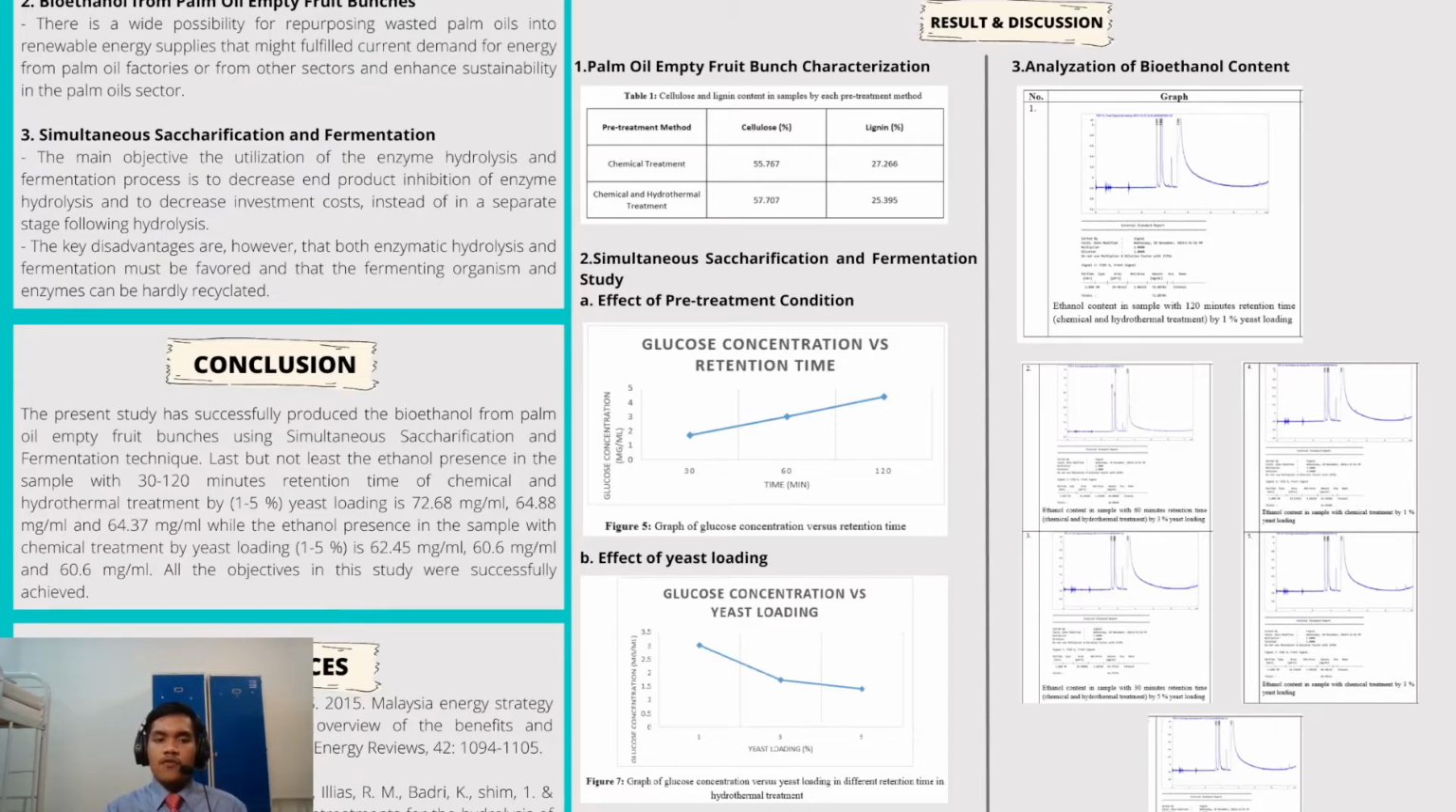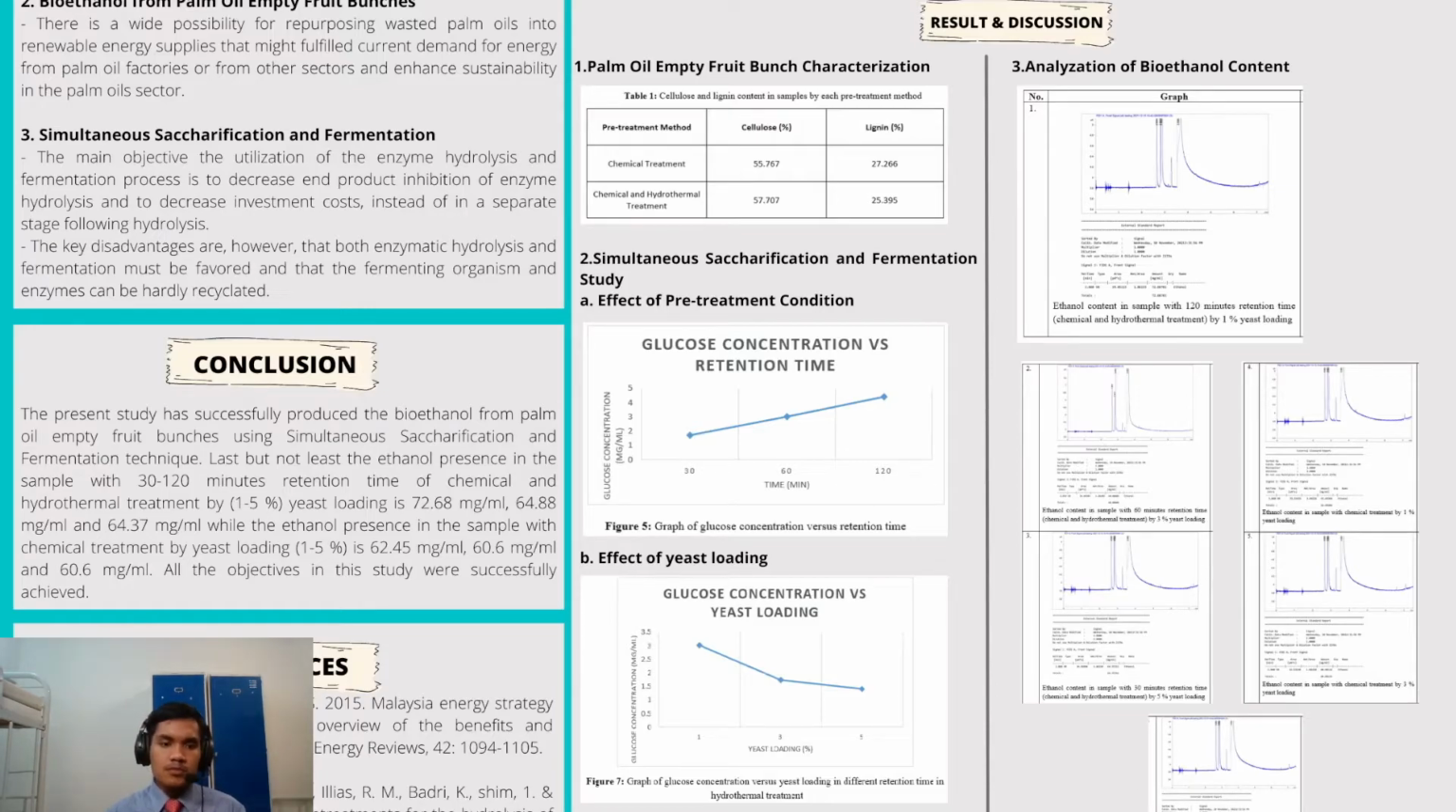mL. For the last graph, which is the sixth graph, the ethanol content in the sample with chemical treatment only by 5% yeast loading. The graph illustrates the highest peak area at the 2.86 minute of retention time with 32.53 PA value at the y-axis. Therefore, the amount of ethanol present in the sample with chemical treatment by 5% yeast loading is 60.6 mg per